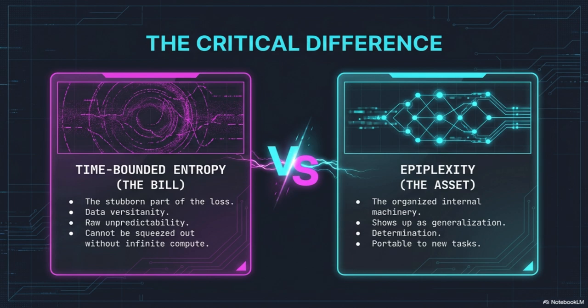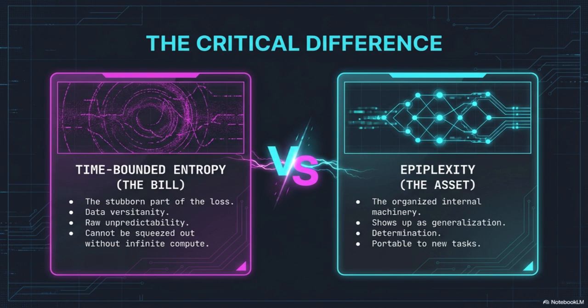So epiplexity is built around minimum description length, or MDL. If you think of training like accounting, MDL splits the total cost into two ledgers. An accounting analogy, I like that. What are the two ledgers? Ledger 1 is the model bits. That's the complexity of your network itself, your stored program. Ledger 2 is the data given model bits. That's your residual loss, the error you still pay. And MDL says the best model is the one that minimizes the sum of both. So it's always trying to compress the data by building a better program.